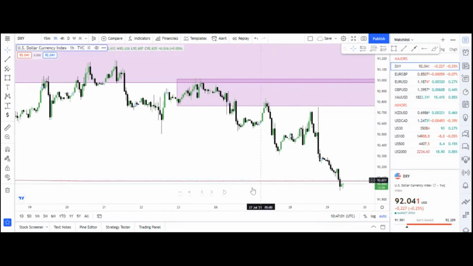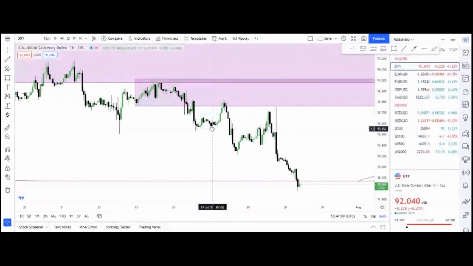Okay. Now the reason I'm short on gold is because of, if you remember, I said DXY will come higher. Why will DXY come higher? If we check the 1 hour time frame, see we've got liquidity here, liquidity here, liquidity here. This is the only POI that will make sense to trade from. One of these, or just use the major POI. But I believe we'll come back and reach these highs.